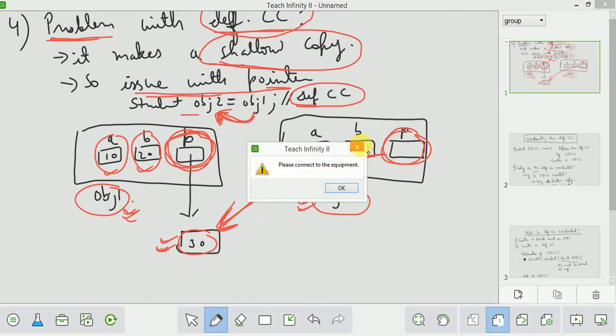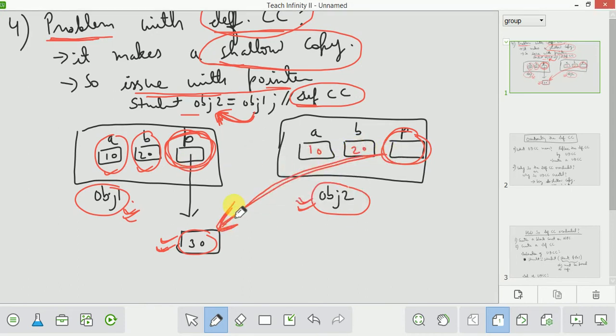Why? Because both are pointing to the same memory location. Suppose object 1 is destroyed, then this memory will be freed, but this is not correct, because object 2 is still using this memory. If object 1 destroys this memory, then it will be destroyed for object 2, which is not correct. So this is the problem with the default copy constructor.